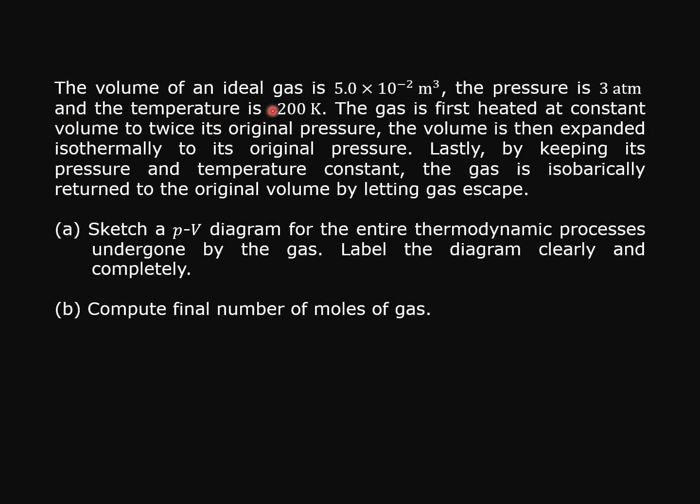The volume of an ideal gas is 5.0 times 10 to the power of negative 2 meter cube. The pressure is 3 atm and the temperature is 200 Kelvin. The gas is first heated at constant volume to twice its original pressure. The volume is then expanded isothermally to its original pressure. Lastly, by keeping its pressure and temperature constant, the gas is isobarically returned to the original volume by letting gas